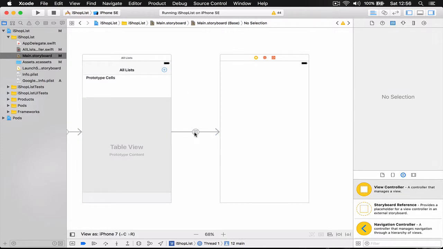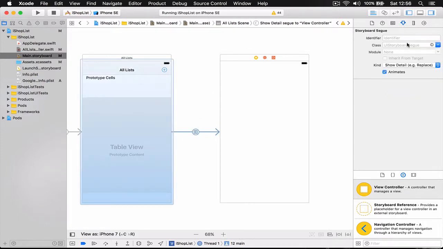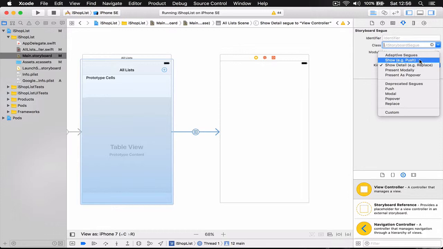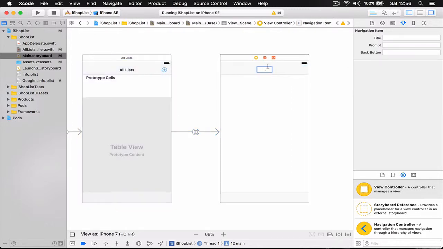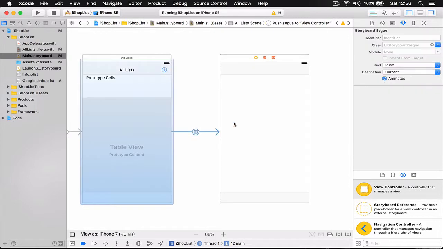And now when we select our segue here, we can go to our inspector panel here, and actually we're going to replace these to push under the deprecated, because Xcode has a bug. When we straightforward put a standard push, for some reason it doesn't allow us to put the title here. So now when we have set this to